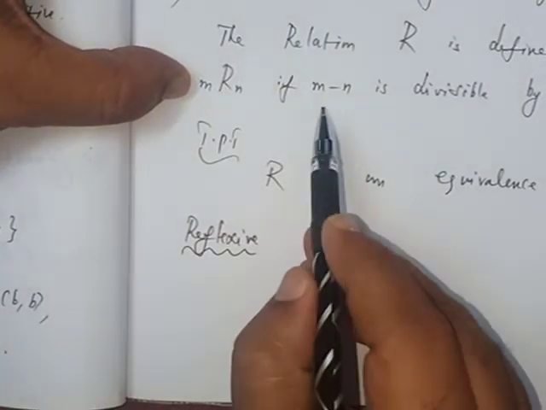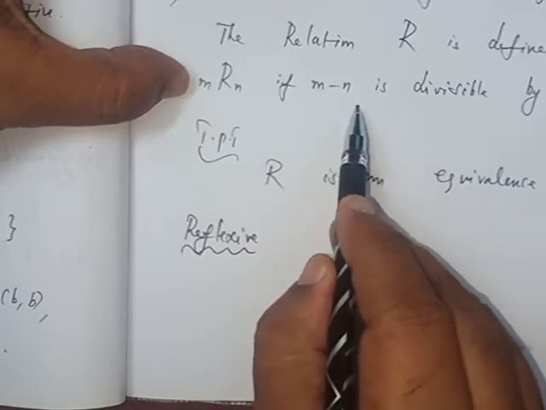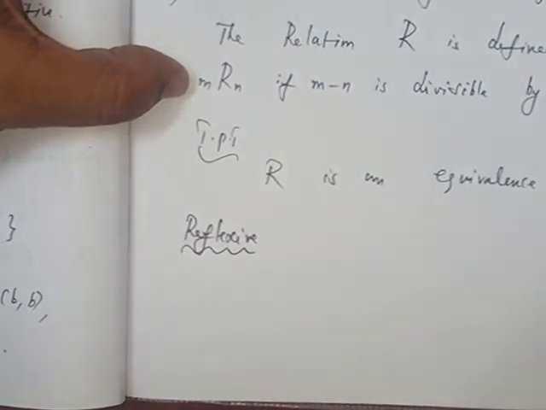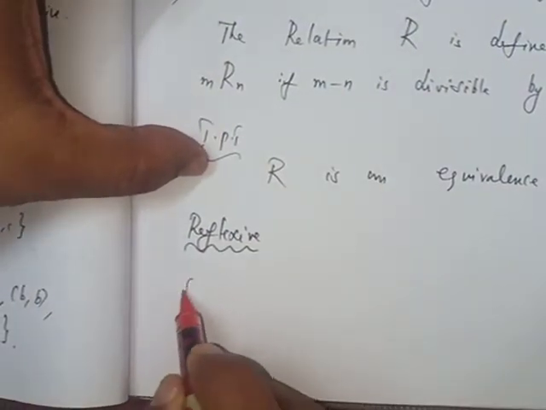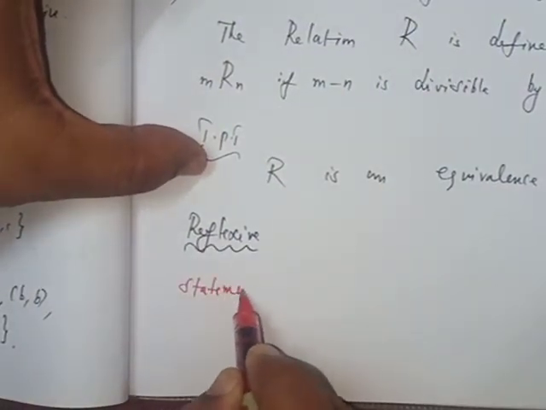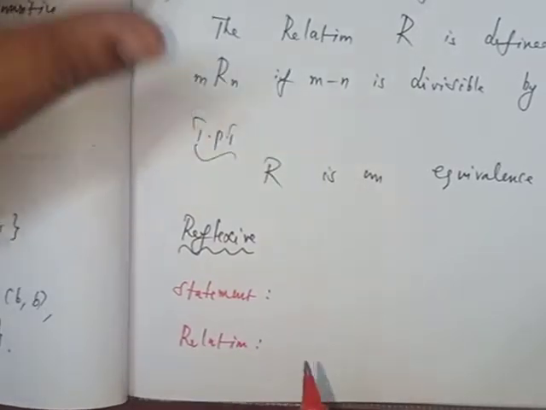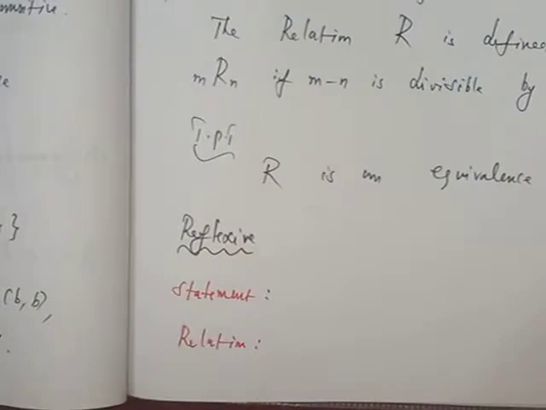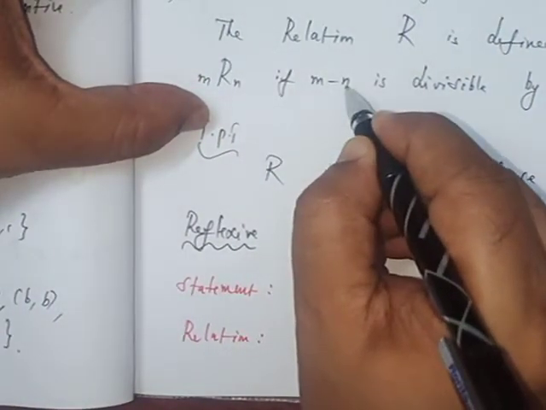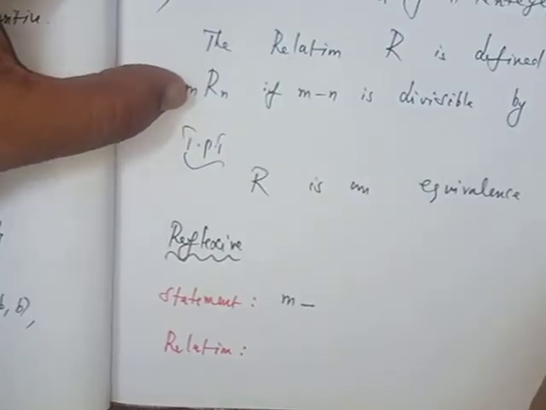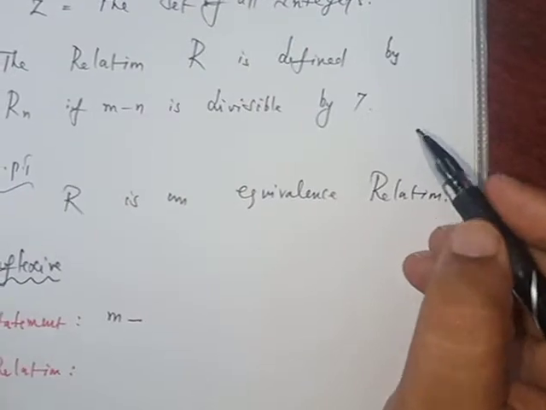For reflexive, you have to consider only one element. The statement is m minus n is divisible by 7, followed by the relation. Instead of n you have to consider m only, because you have to consider only one element here. m minus m is